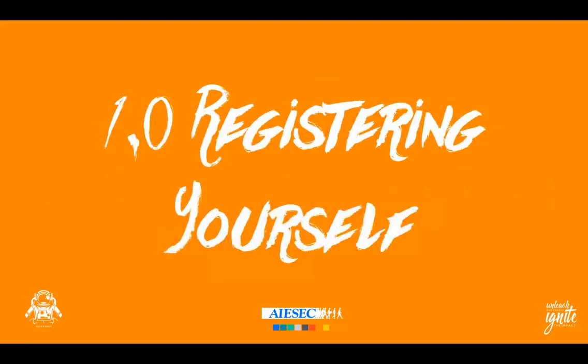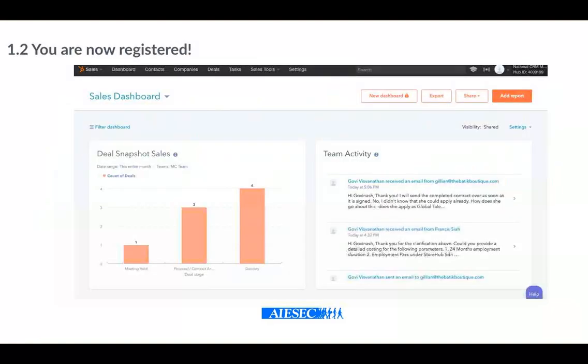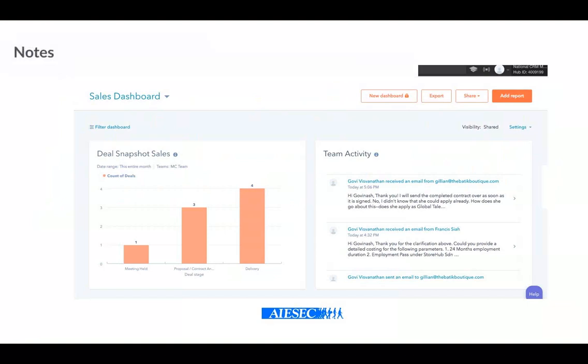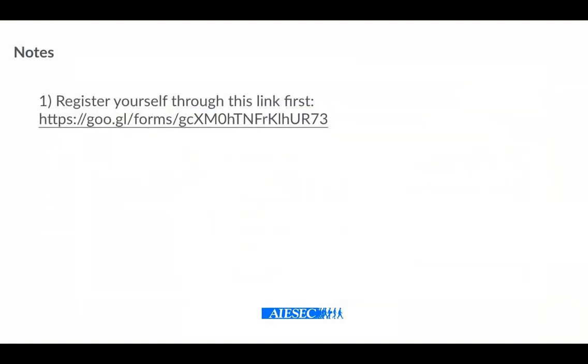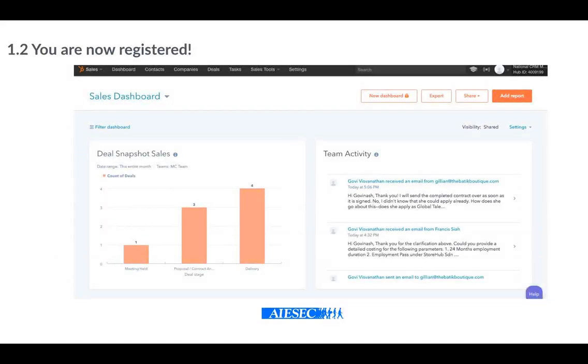So the first step is, how do you register yourself? You enter hubspot.com and you will see this registration across any platform. But before you see this particular dashboard where you enter, you need to register yourself through this link. Only when you register through this link will Tabi be able to give you access. So ensure that you fill this up. And once you give it access and you register, the first thing is this dashboard, which will show essentially everything that you need to do in HubSpot.